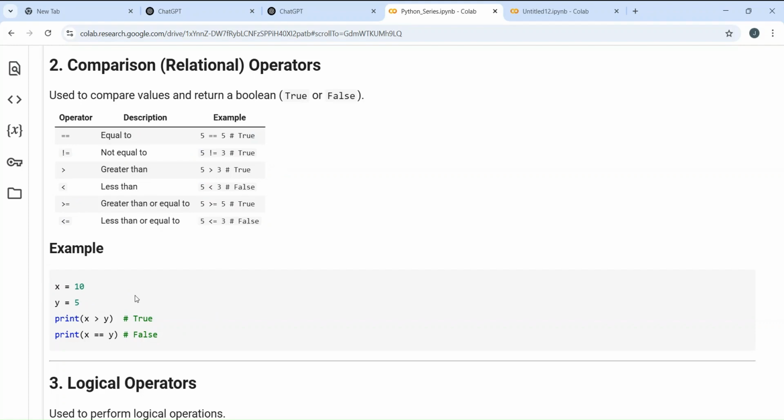Similarly, if I write x is less than 5, then I would be getting an output as false, because 10 is not less than 5. If you can see down, there is print of x equal to y. Yes, if you're going to give x equal to y, it will obviously provide false. Why? 10 is not equal to 5. That is why it will provide false. So when you are using these relational or comparison operators, it will provide you with the boolean values.